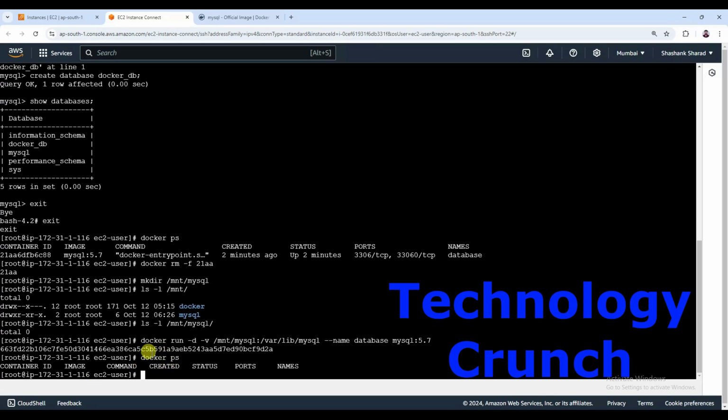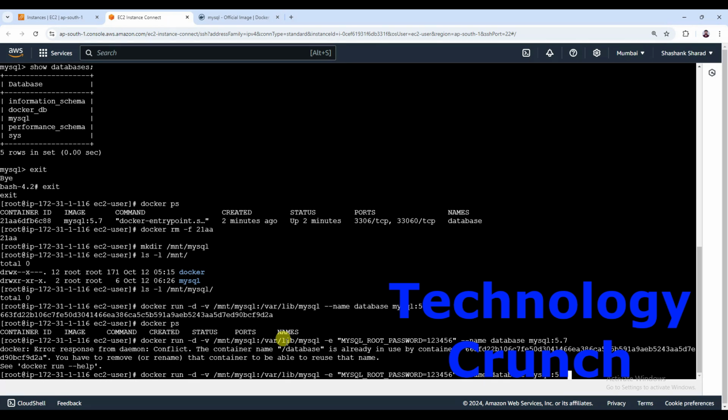Oh, the issue is that I did not assign the root password. So with the help of MYSQL_ROOT_PASSWORD equal to 123456, and then